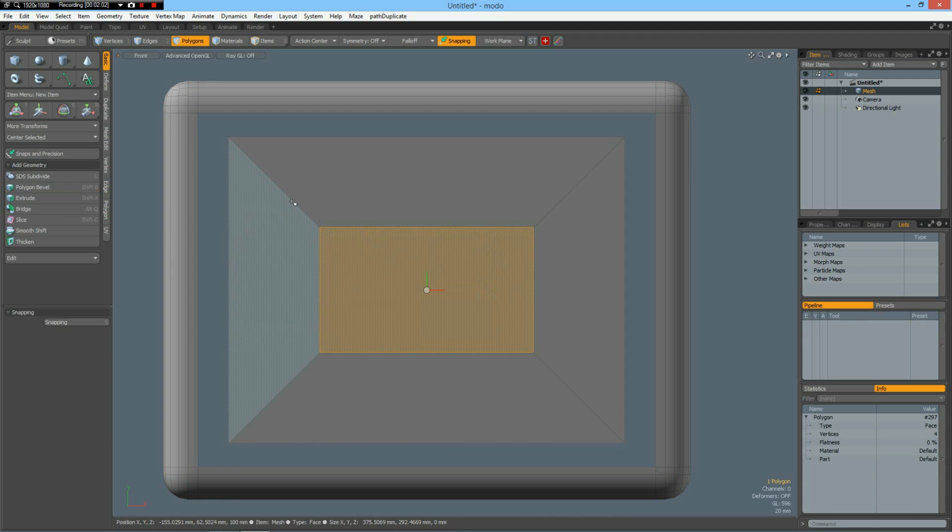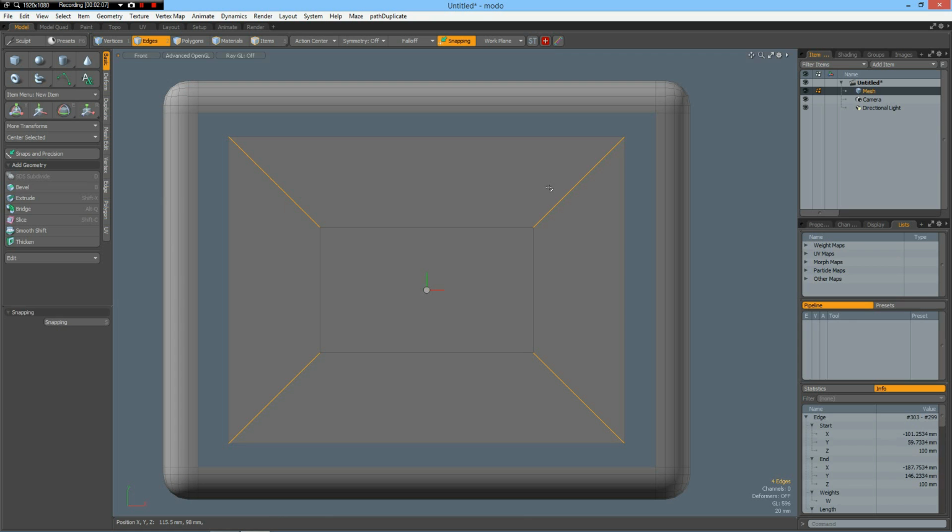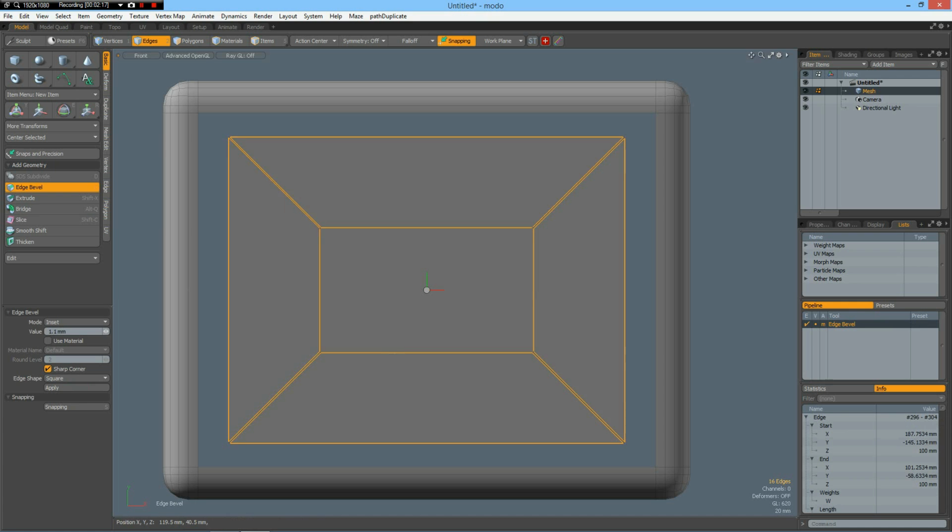Then I can select all these edges here, B again, but this time with the square shape, and bevel this to